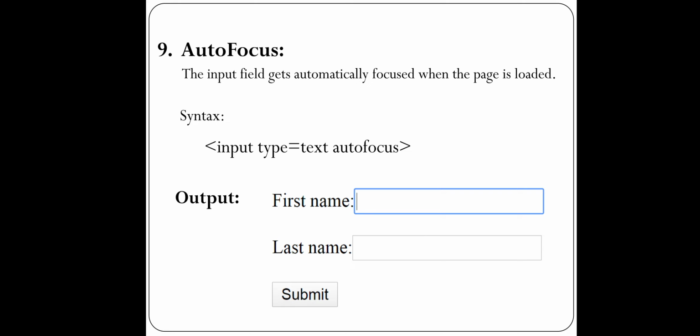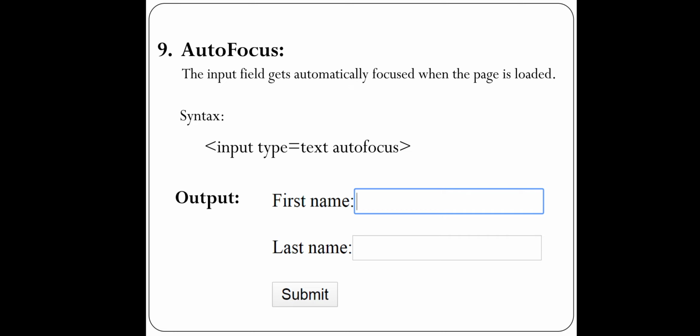So whenever my page loads, the first one, that is the first name control, will get focused, means it is shown in blue color, means it is focused. See, when something is focused, your mind gets diverted to that part. So this is what is happening, it is focusing the element which is using the autofocus attribute, right? Whenever the page is loaded, means whenever you refresh the page or open the page for the first time, it will be focused.